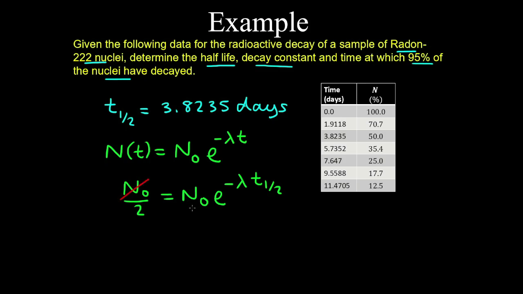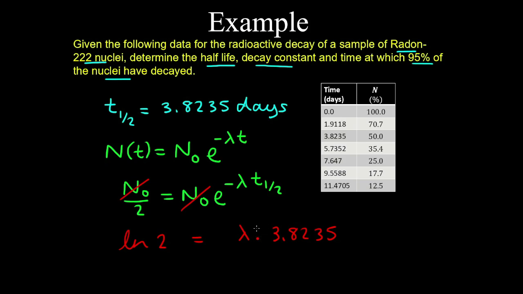So we can cancel out the initial number of nuclei and take the natural log of both sides, which gives the natural log of 1/2, or 2 to the minus 1, is equal to minus lambda by the half-life, which is 3.8235 days. And this is the same thing as minus the natural log of 2, and cancelling out the negative signs,